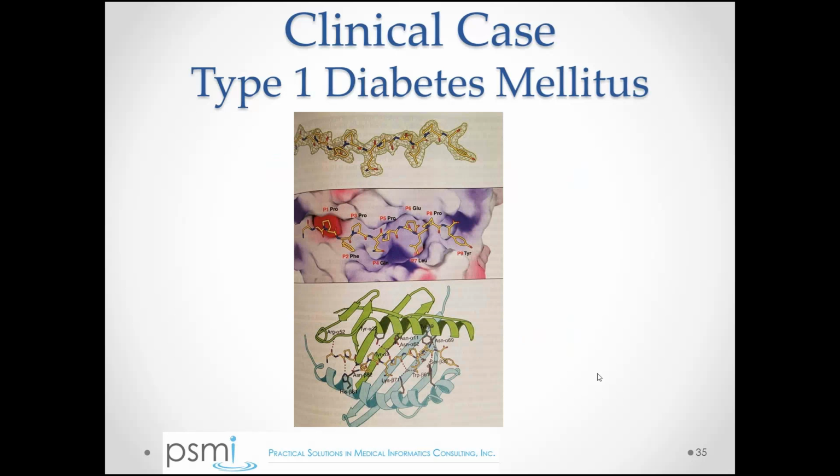And this picture here was just too groovy for me not to present, even though it's not really a diabetes picture. This is actually an HLA class 2 molecule with the alpha chain and the beta chain, and the protein fragment that we see in here is a gliadin protein. It's from wheat, and this is thought to be part of the pathophysiology of celiac disease. We have the HLA class 2 molecule presenting a little fragment of the wheat protein, and now if a cytotoxic T cell comes along,